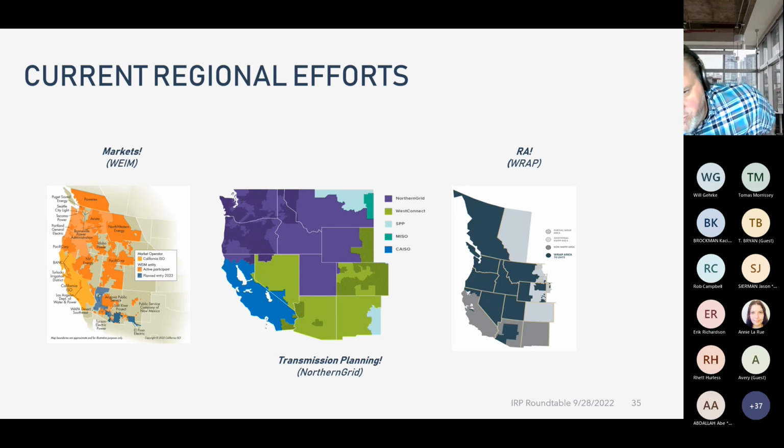And with Northern Grid, I want to call out that we're in the first year of the biennial cycle. And a few months ago, FERC announced their transmission planning notice of proposed rulemaking that will significantly reform the transmission planning process. One of the key elements of that reform is that it's going to most likely elongate the time horizon, which is something that definitely seems warranted considering how long it actually takes to get steel in the ground on transmission projects. In light of that, and actually before that happened, back around the January timeframe, PGE reached out to Bonneville and PacifiCorp because of the recognition that the existing Order 1000 transmission planning process wasn't going to meet